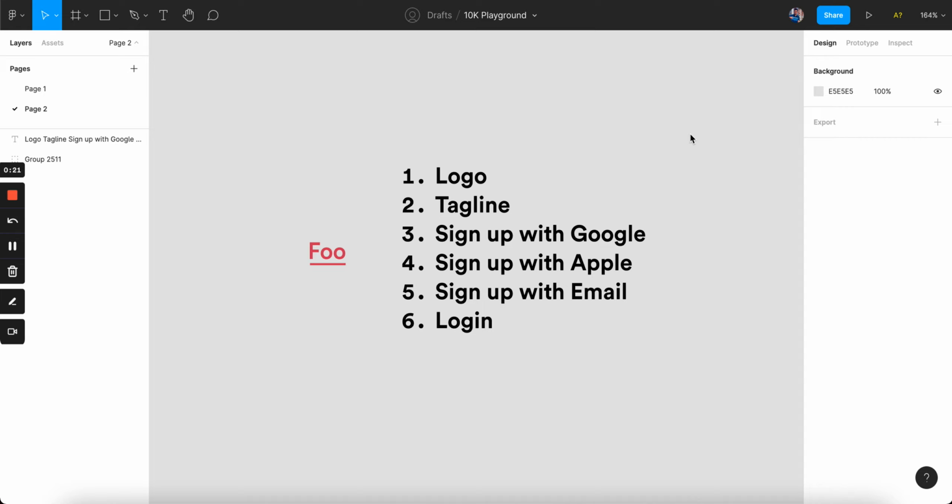Now, I'm going to be taking one of the simplest screens ever, which is the login screen. And a lot of you might think that it's quite easy to make it look visually good, but sometimes people struggle a lot. And I'm going to be showing you how I design a login screen. And of course, a couple of iterations as well, because it's not great to just design one screen and finalize that. You want to try a couple of different concepts and visual directions and having different visual languages before finalizing